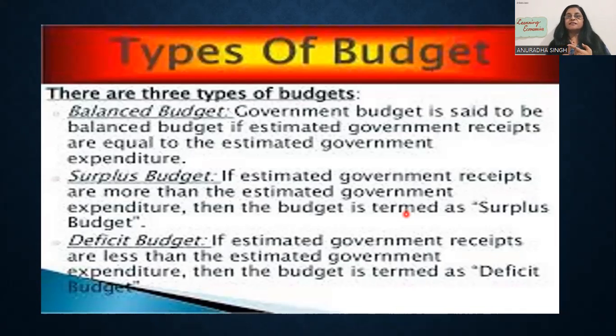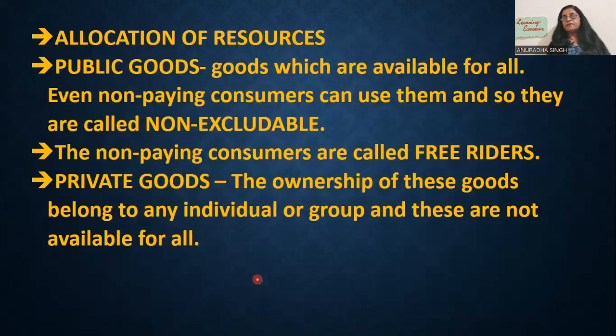Balanced budget, where receipts are equal to payments, where the income of government is equal to expenditure of government. Surplus budget is the budget where receipts are more than payments, so it is like a profit budget. And deficit budget is the budget where receipts are less than payments, and you can call it like it is going into loss. We always make deficit budget in India. All over the world, all economies are making deficit budgets, because no economy can say that they have more receipts and less payment, because even if they have good income, they will spend more on human welfare. They have to do that.